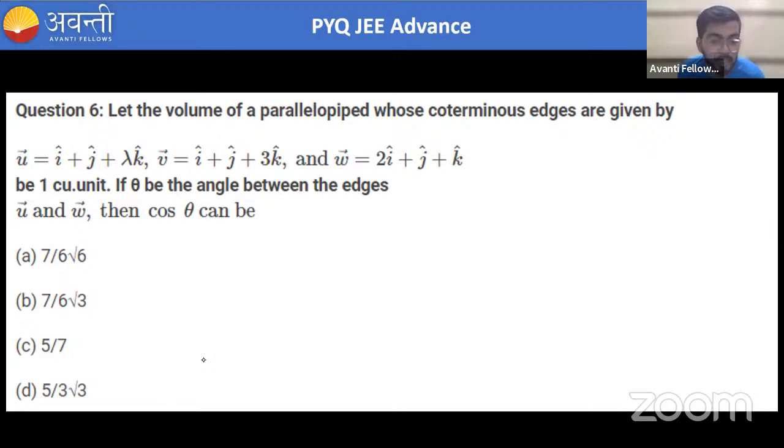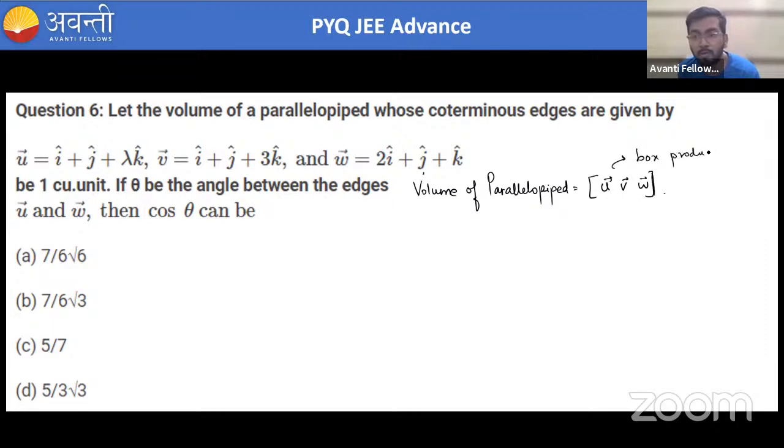So sometimes, guys, technical issues happen. Let us ignore that and try to solve this question. So the question is telling us that the angle between u bar and w bar is theta. So first of all, do you know the volume of a parallelopiped? Volume of a parallelopiped is written as u v w box product